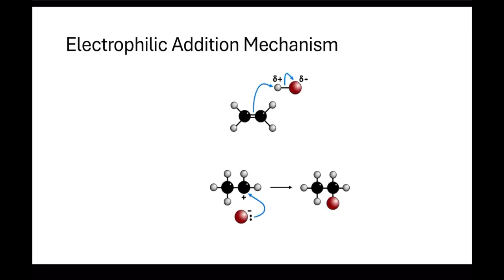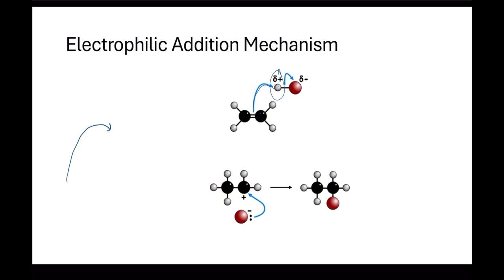This is a particular mechanism that all of the electrophilic addition mechanisms follow. So you would have a double bond in here. The positive side gets attracted to this double bond, and the electrons move. These curly arrows that you see in chemistry show you the movement of the electrons, the path the electrons take. Where do they get transferred? They get transferred from the double bond to this